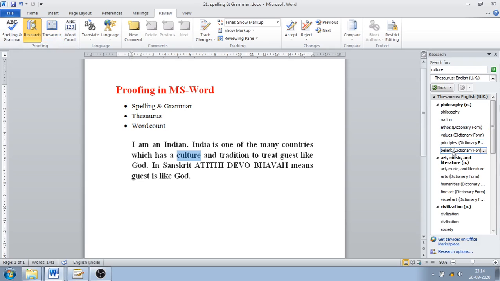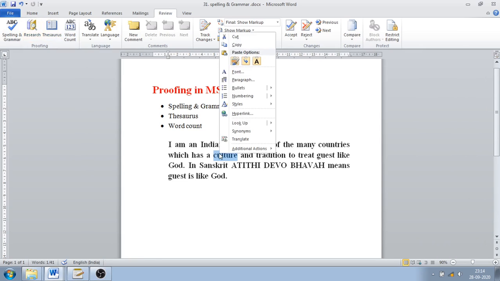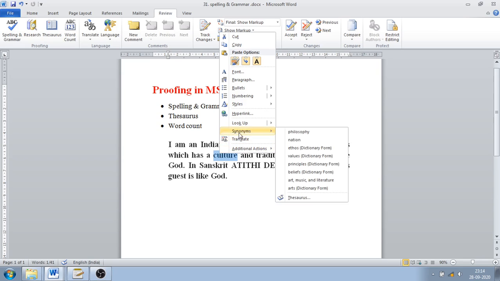Then it will give the options over here. One more option to search for a similar word is to right click on it and click on synonyms. You can see here there are multiple options they are giving us, and whichever you want you can replace your word with that. That is the use of thesaurus.